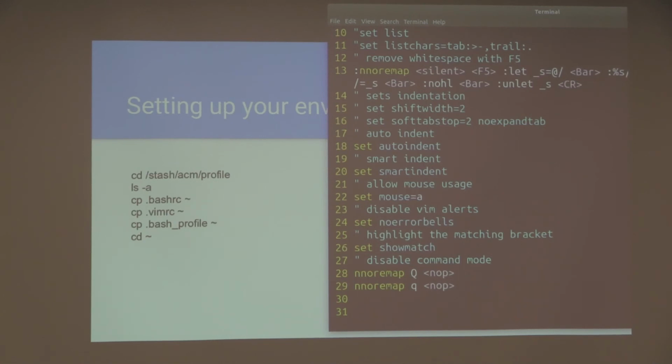If you find yourself hitting the Q button, you'll go into a recording mode. I have never found it useful. I'm just going to lay that out there. Never found it useful. Some people love it. It's how you write macros, so you can make one keystroke do a lot of really cool things. However, I've had it nothing but get in the way. If you wish, you can add this no remap, no map, no more. It just makes it so it ignores Q, and you will never be able to use the macro at all. Okay?